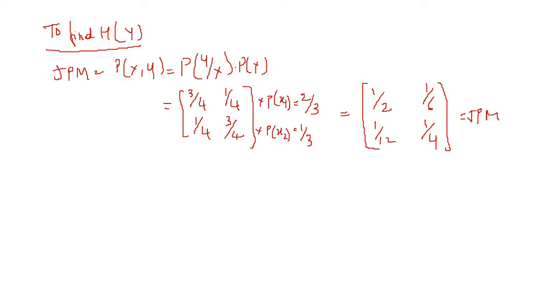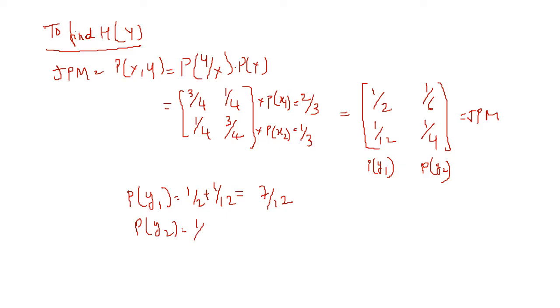So this is the joint probability matrix. Now by the property of joint probability matrix, addition of columns, you are going to get the output probability. So first column you are going to get P of y1, second column you are going to get it as P of y2. So P of y1 we can write it as half plus 1 by 12, that is addition of the first column by the property. So it comes to around 7 by 12. Similarly, P of y2 is addition of the second column, 1 by 6 plus 1 by 4. It comes to around 5 by 12. So now you know what are the output probabilities.